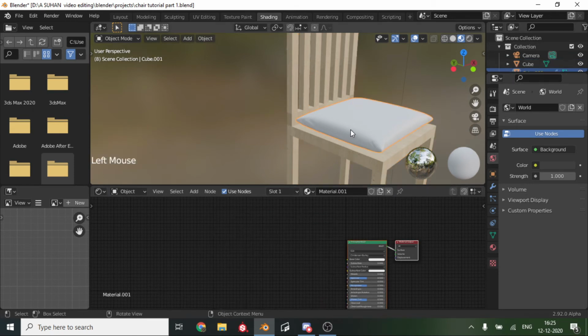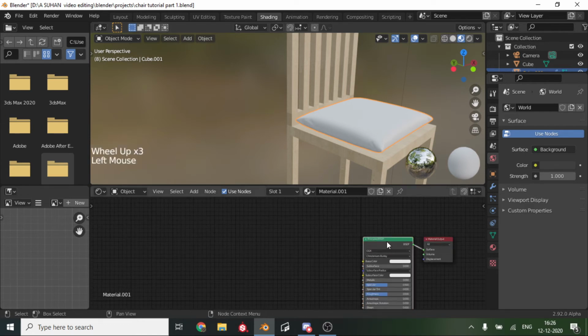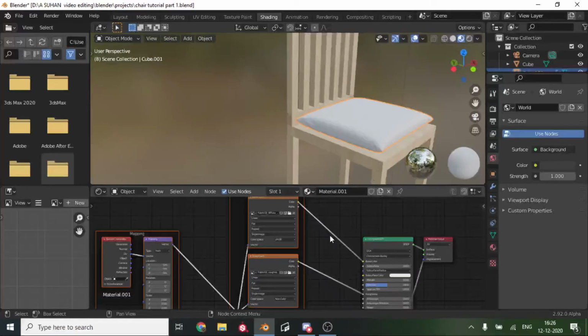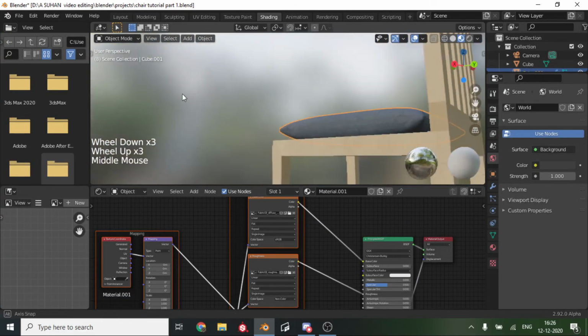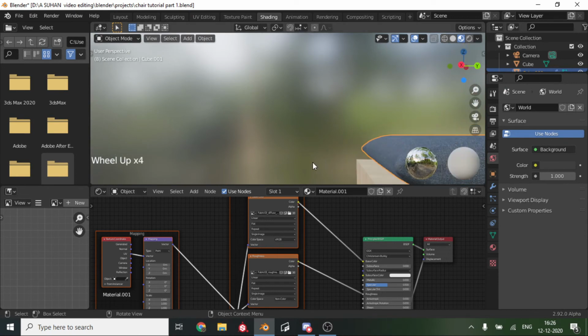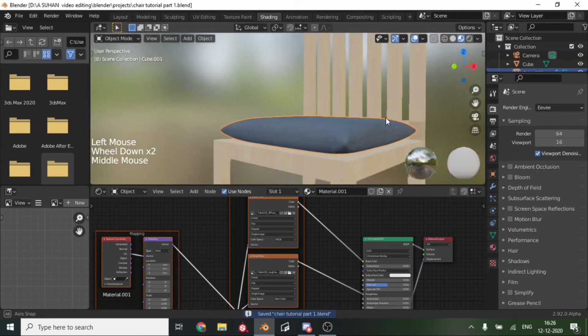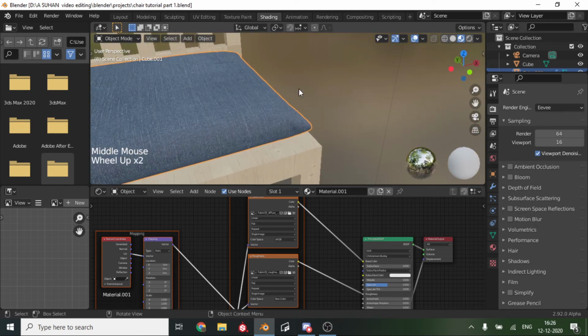So now let's move on with the pillow or cushion. So select the BSDF, and we will do the same thing as I mentioned. Control Shift T, open up the texture. There will be 4 or 5 maps. Select all of them and click Import Texture Setup. So we will meet once you have done that. As you can see, I have done it and it looks pretty good. But now we want to save our project first, because I am going to tell you a trick that will make it look even more realistic.